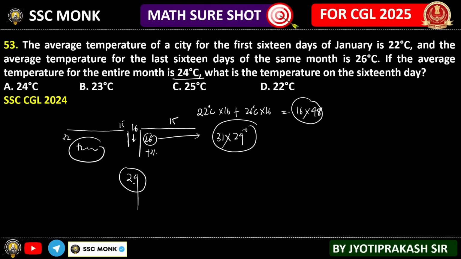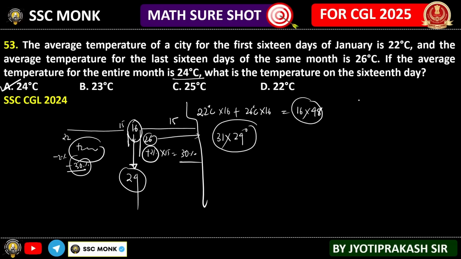What it is saying? 26 degree was there, 24 degree. That means plus 2 degree in surplus for 15 days. That is 30 degree surplus. Here minus 2 degree deficiency for 15 days. So minus 30 degree deficiency. Now both have equalized each other if I am adding it. So what is happening? So the 16th day should be the base, that is 24 degrees. This is logic. If you can't find this logic, you will simplify this whole thing.